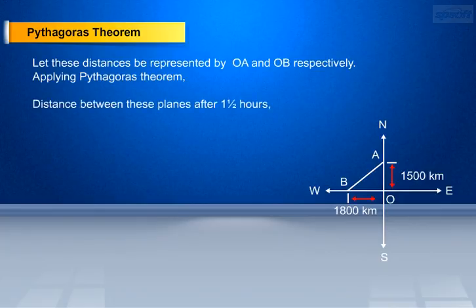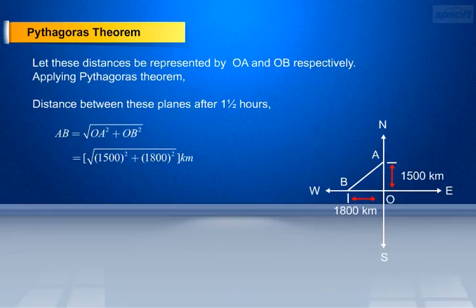Distance between these planes after 1.5 hours is AB equal to square root of OA square plus OB square. As we know that OA equal to 1500 kilometers, and OB equal to 1800 kilometers. Substituting these values in the above equation, we get AB equal to square root of 1500 whole square plus